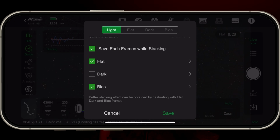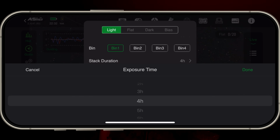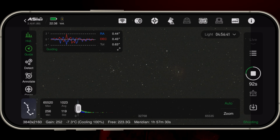I select the flat and bias calibration frames that I would like to use in this session, and I simply browse the file systems for the master flat and master bias that we have just generated. At the stack duration, I can also set a limit of how long I want the live stacking to go for, and once we're all done, we save the settings. Now, we let it run,